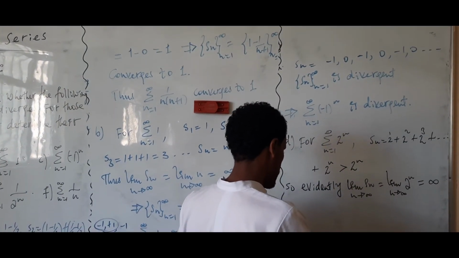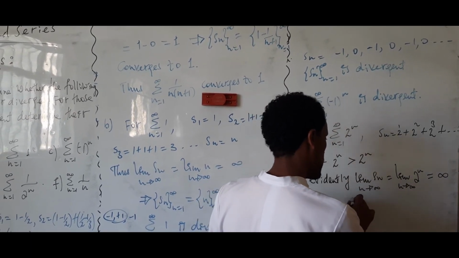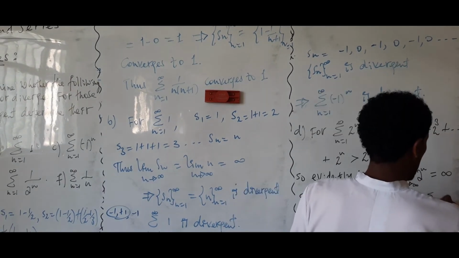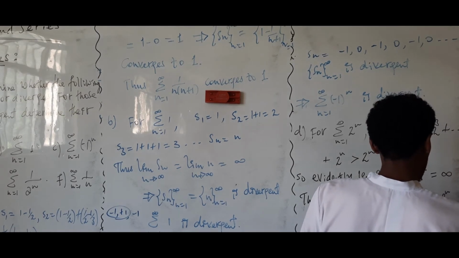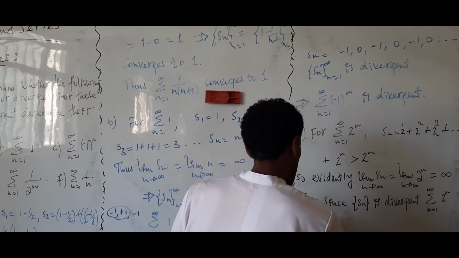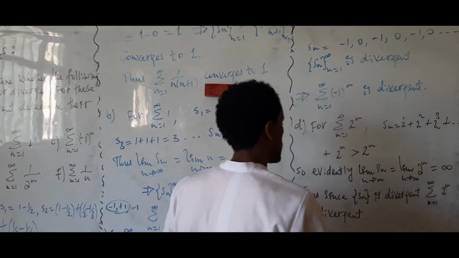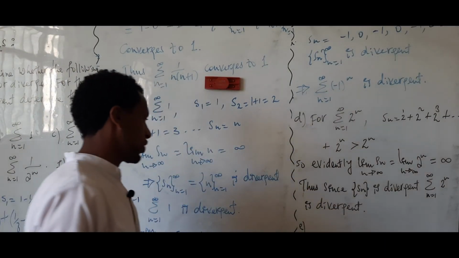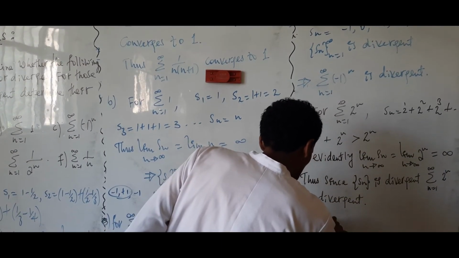So, since Sn is divergent, the sum of 2^n from 1 to infinity is divergent. For the fifth one, for the series, the sum of 1 over 2^n